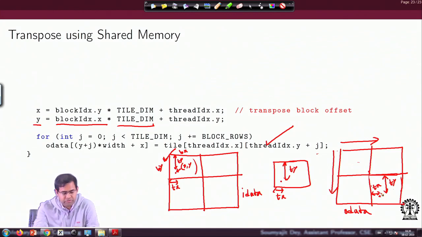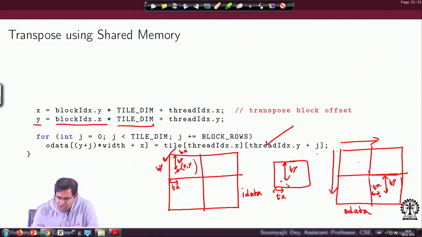That means you don't just flip the xy coordinate into the yx coordinate, you do it in a two-phase way. The first part is you flip the position of the block, and then you write into this position using this thread, but from a different position in the column. From where do you write?